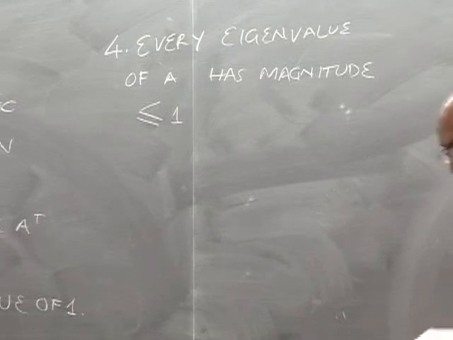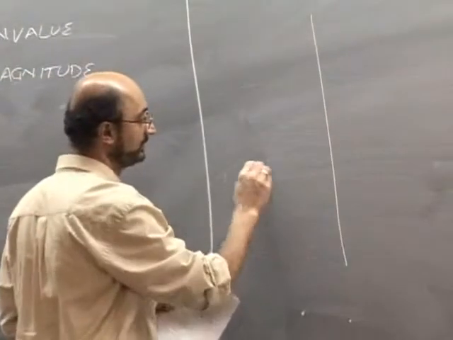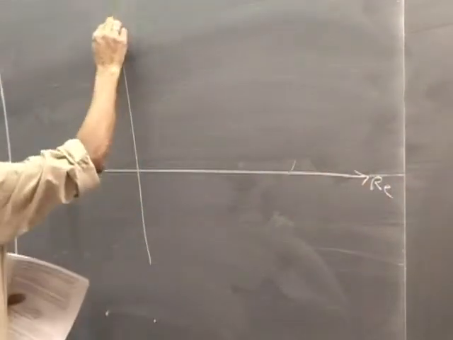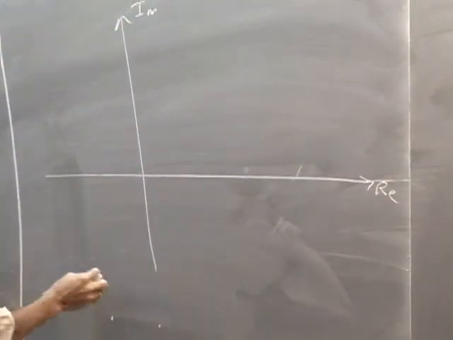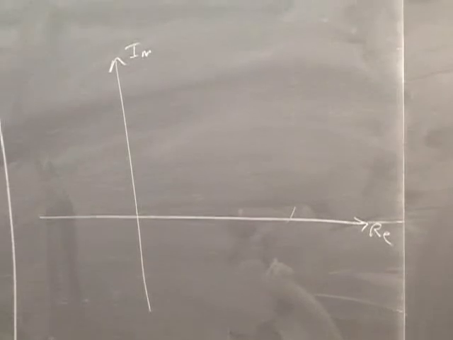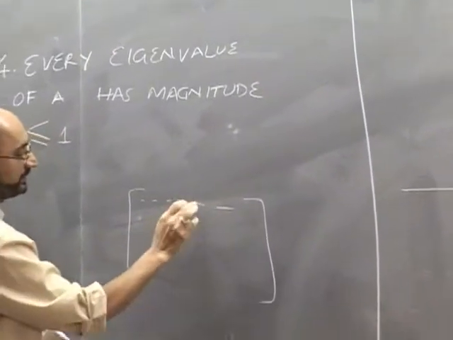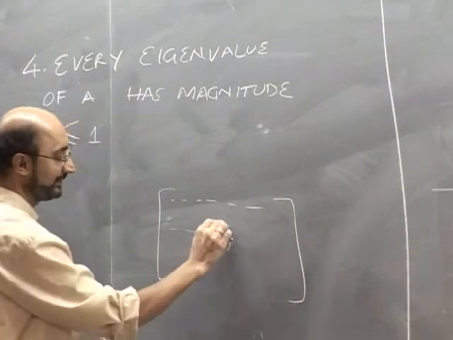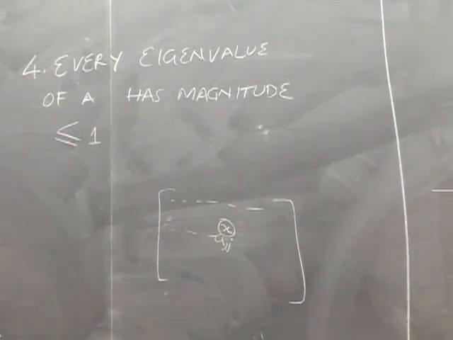And how do I show this? The proof is based on the circle theorem. So let's just look at this. This is a complex plane. So I have the real axis, and I have the imaginary axis over here. And I'm going to choose, so let's just look at what the matrix looks like. The matrix is going to have some things, and I'm going to pick the diagonal element. So let's just take this A_JJ element. Let's say it has a value x. Okay, it has a value x. Because the row sums up to 1,